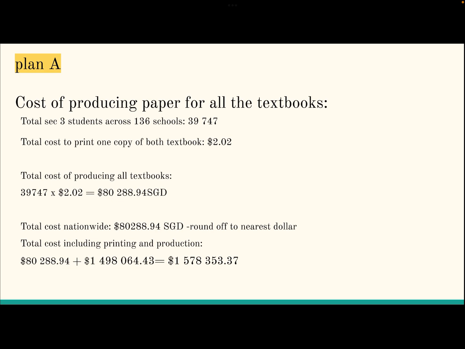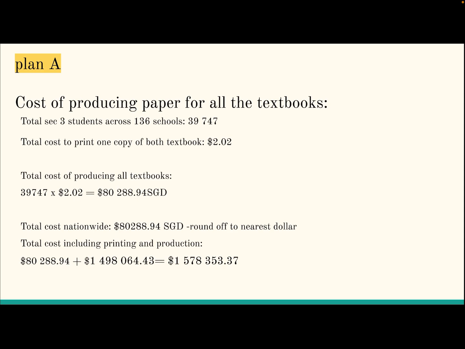And so for the total cost of producing all textbooks, we multiplied 39747 times $2.02, and it came out to 80288.94 SGD. So for the total cost nationwide, it's 80288.94 SGD rounded off to the nearest dollar. And so the total cost including printing and production, it is